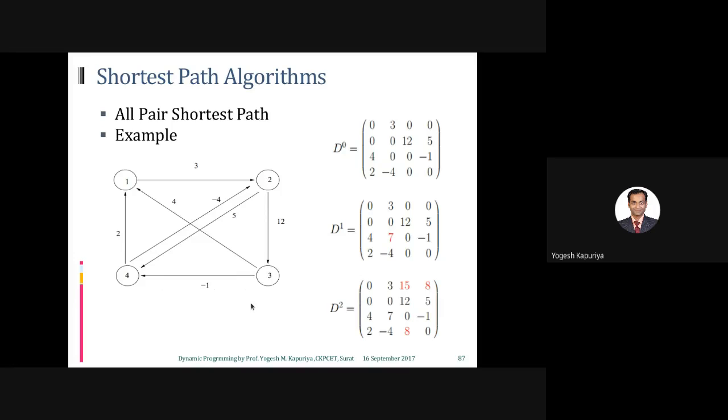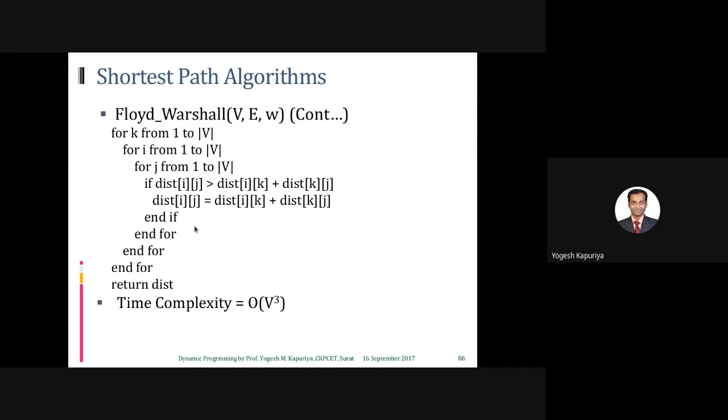Now you will repeatedly update the value of this matrix by using this approach. What we are doing, you have to observe, we are repeating for first one intermediate vertex, then two intermediate vertices, then three intermediate vertices, like this. So this is your number of intermediate vertices. You are running a loop that many times, obviously v times. And then you are updating the value of distance.